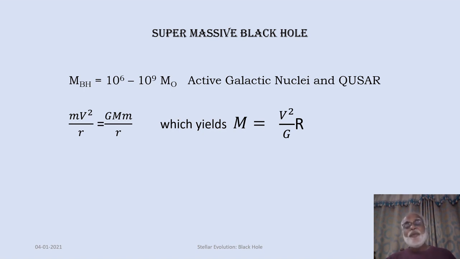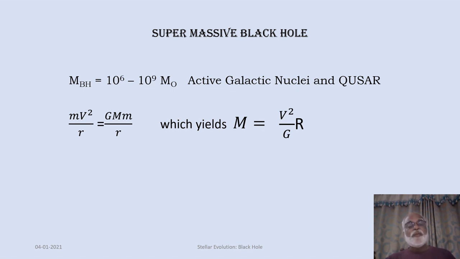Simple physics will enable you to do that. See, if you are at a distance r from the center of these active galaxies, galactic nuclei, then you know that the matter at a distance r would be revolving around the center, and the required centripetal force is given by the gravitational pull of the black hole. So if the mass of the black hole is capital M and the mass of the object that is revolving around it is small m, then one can write mv squared divided by r, which is the centripetal force necessary